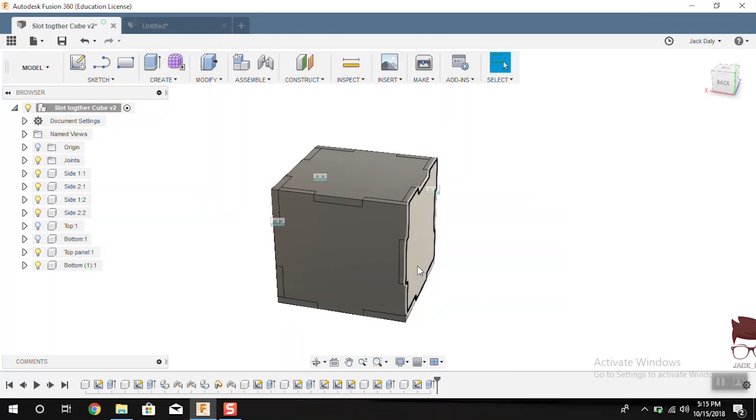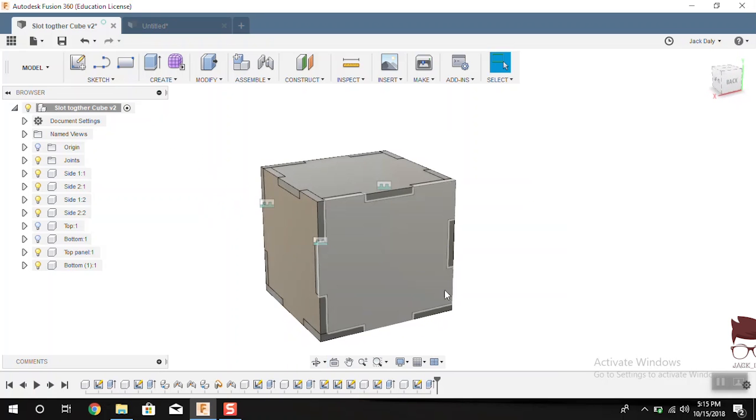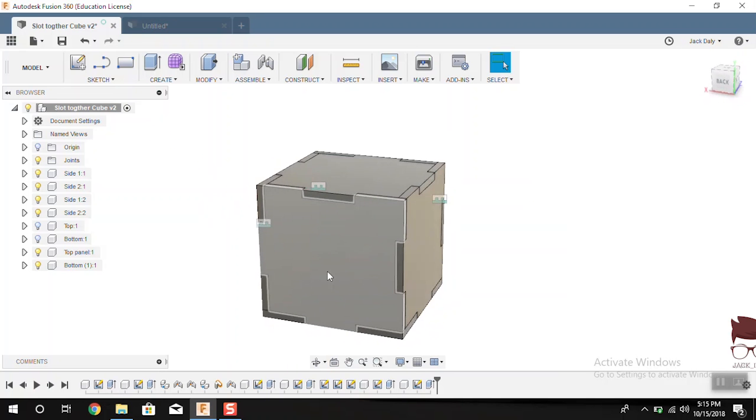So obviously the next part in this video, I'm going to show you how to save these files as DXFs. So what you want to do is click on the side that you want to make a DXF. We'll do this one first, because this is the first one we ever did. So we'll click on this, and as soon as we click on the side, for example, side 2 of 2,